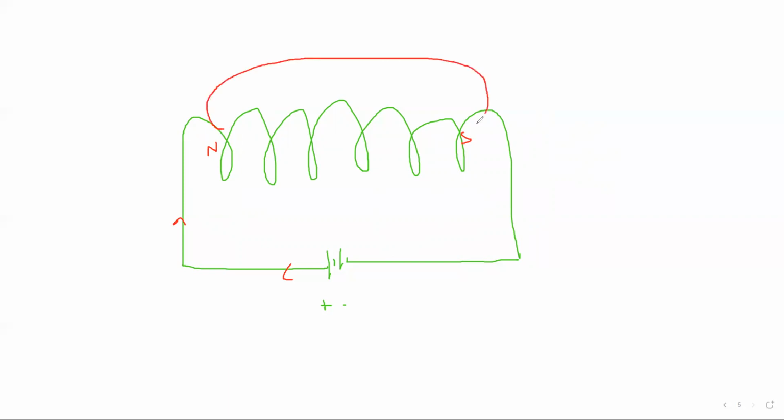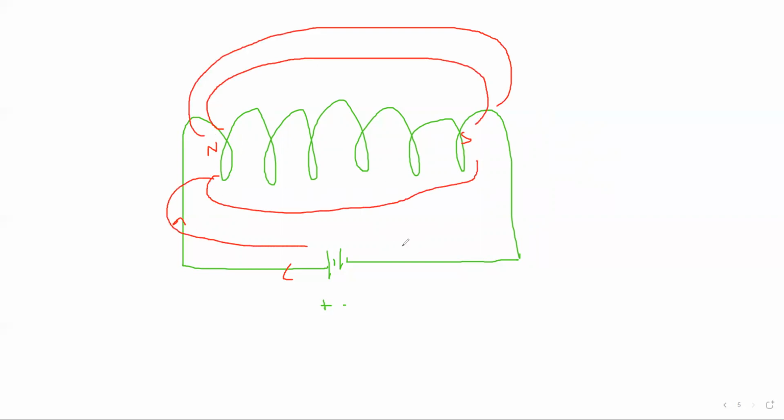For example, this is a wire, and inside this wire, the wire is carrying a current, conventional current. And say this is the direction of the conventional current. So it will produce a north pole on one side and a south pole on the other side. So the magnetic field pattern around this wire will be like a bar magnet.